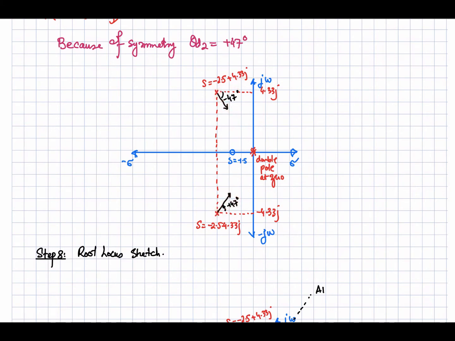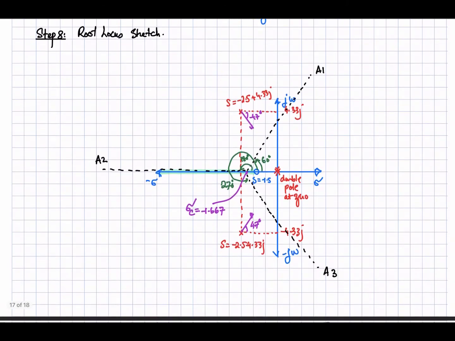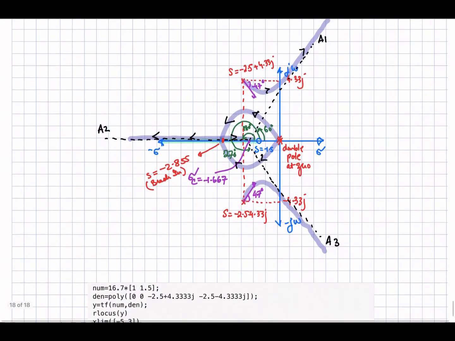Okay, now let's look at the complete root locus. We have found out the j omega crossover, centroid, each and everything. So first of all, taking the previous one, this is the part of the root locus on the real axis. These are the asymptotes, asymptote 1, asymptote 2, and asymptote 3. And marking the departure angles, minus 47 degree, plus 47 degree, right? Now let's sketch the root locus. The pole which is sitting at the origin over here is not part of the root locus, so it cannot move over this real axis.